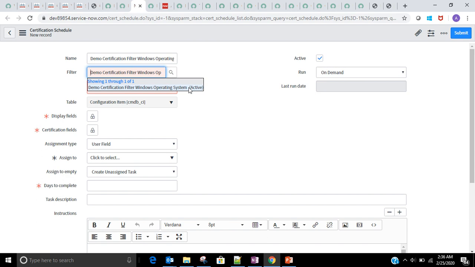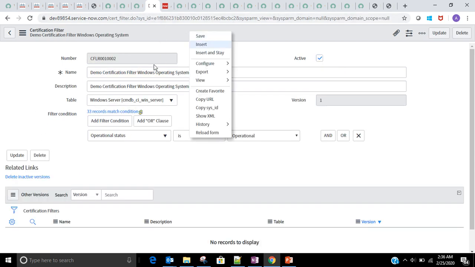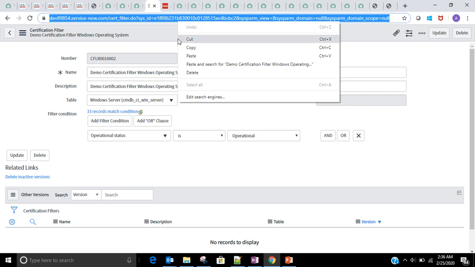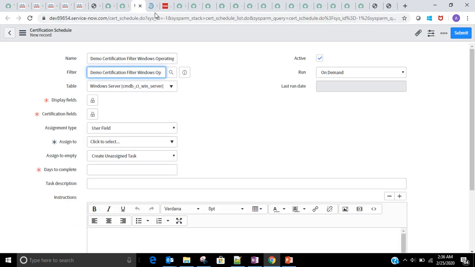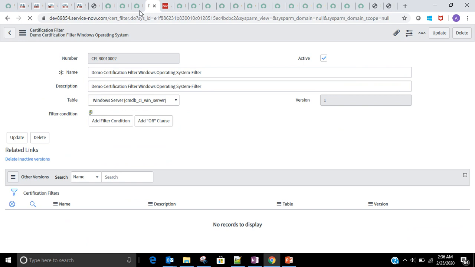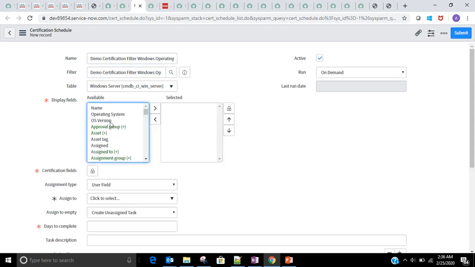I just have to save this. That's the filter, and you see that the table name is automatically selected based on the filter, but you can always change it, right? The display fields, okay, so just to give a little background,